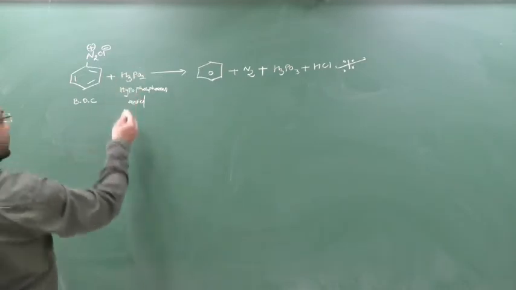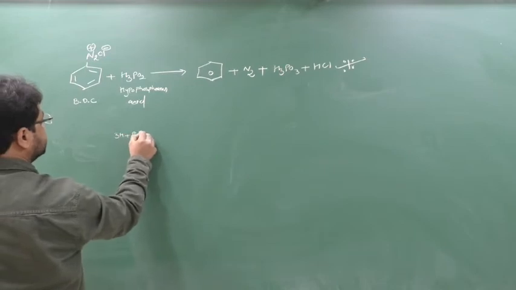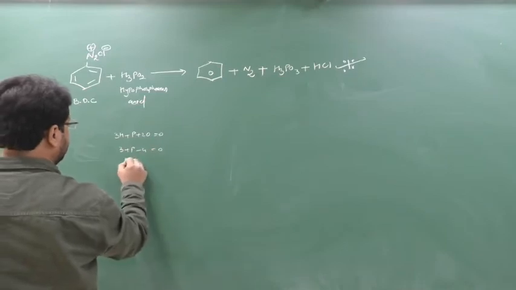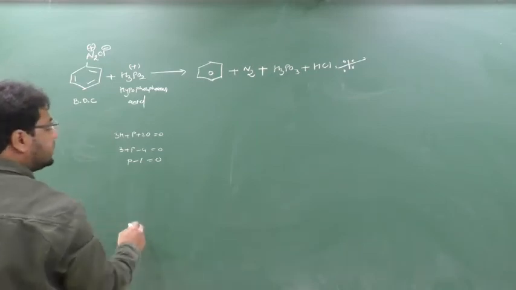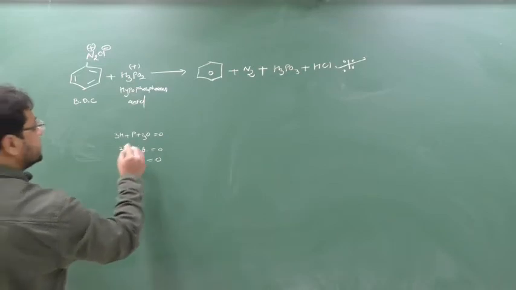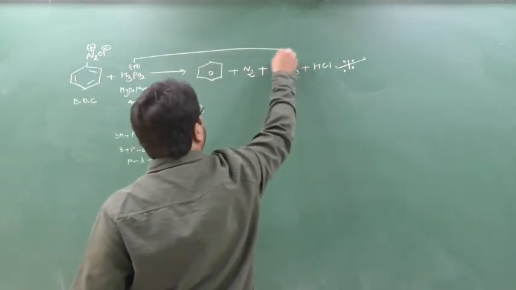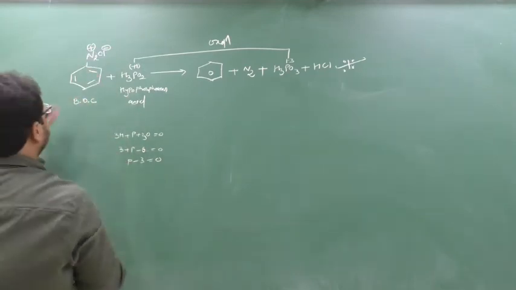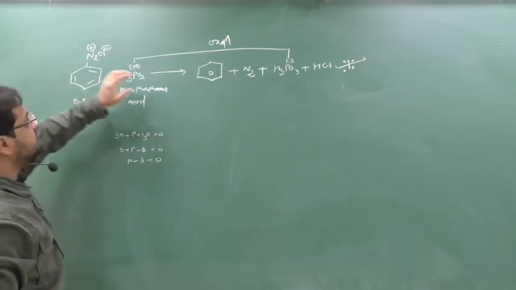If I see this H3PO2, so 3 into H plus P plus 2 into O, 3 plus P minus 4 equal to 0, P minus 1 equal to 0, P is plus 1 here. And H3PO3, so here 3 minus 6, P minus 3, so here P is plus 3. There P was plus 1, here P is plus 3, so this is getting oxidation, clear. And see here, N2Cl, this whole portion has been gone. So here some vacancy will be created, no? So this vacancy is filled.